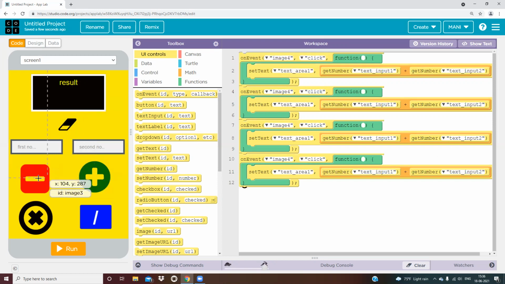Then for the second I will use image 3, which is minus. And for multiplication image 2, and for division button 1. Again I am telling you, button 1 is for division, image 4 is for addition, and image 3 is for subtraction, and multiplication is image 2.